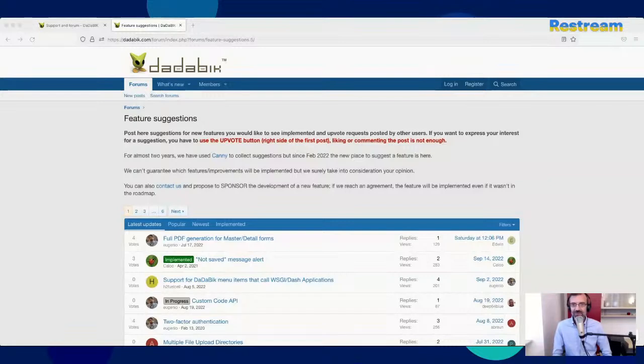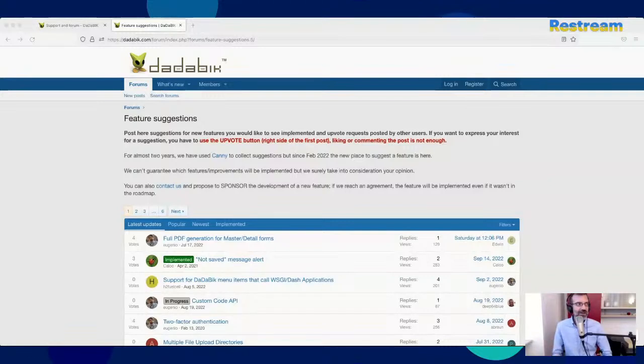So again, the idea for today was to discuss the roadmap to DaDaBIK 12. I started to work a little bit on this version. I already have a name for this version.